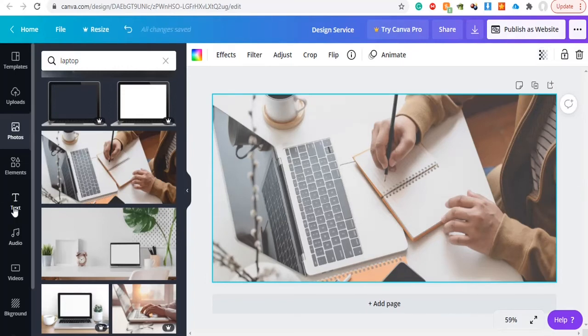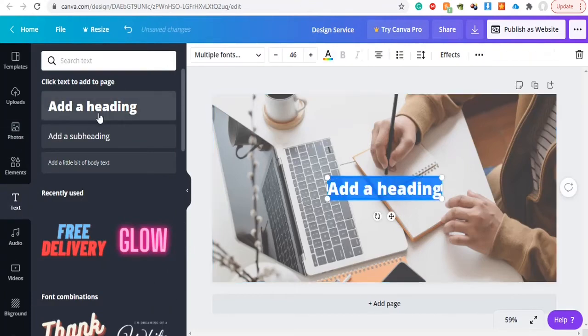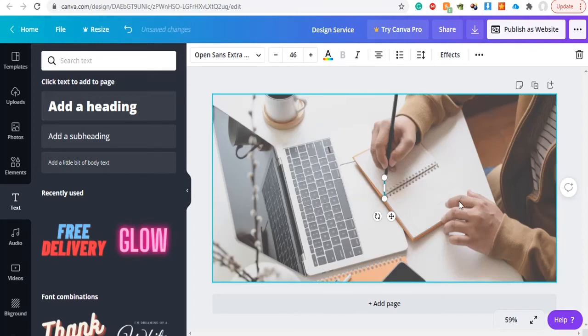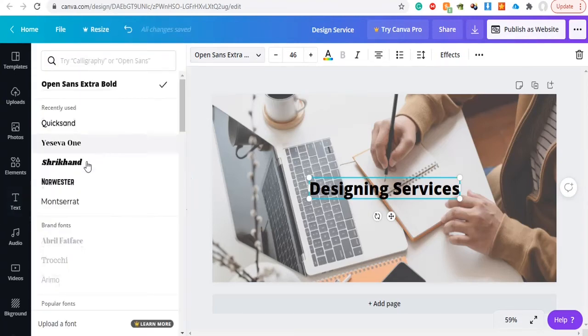Now we can go with text, and we can write a heading here. We can write designing services. You can just click on the text, and you can change the font from the top bar.